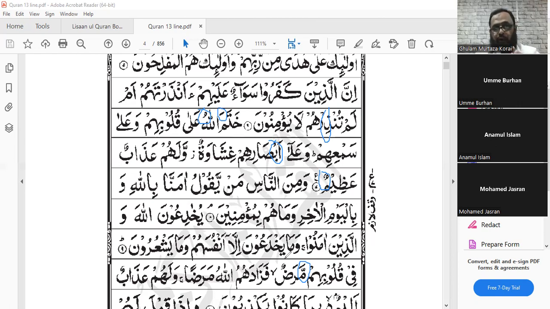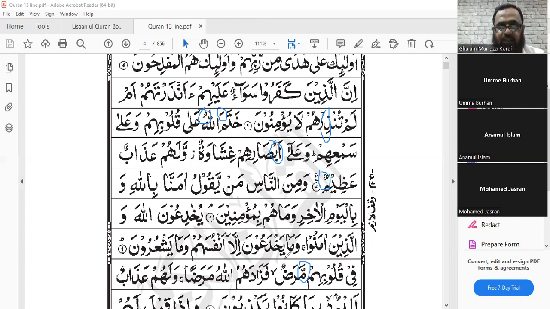So if we don't have diacritical marks at the moment on the verses of the glorious Quran, it would be very difficult for us to pronounce any word correctly. So diacritical marks are very important for pronouncing words carefully, clearly, and properly. That is number one. Number two, from these diacritical marks, we